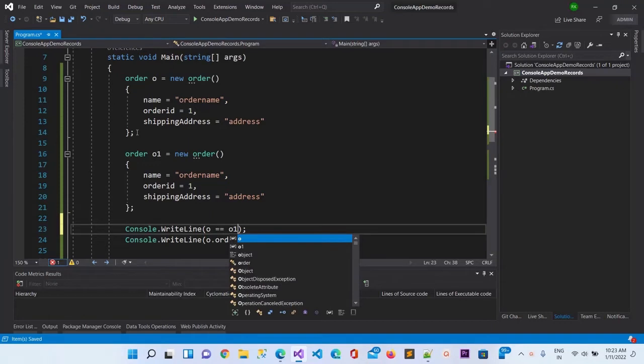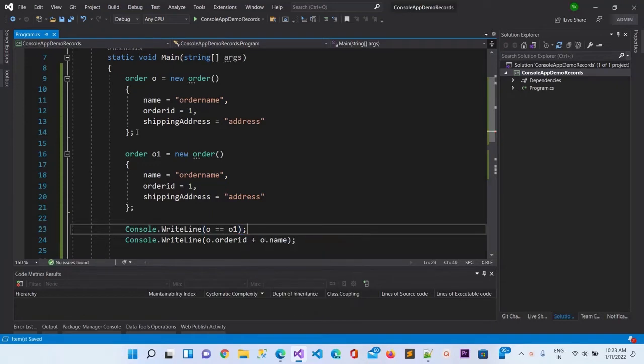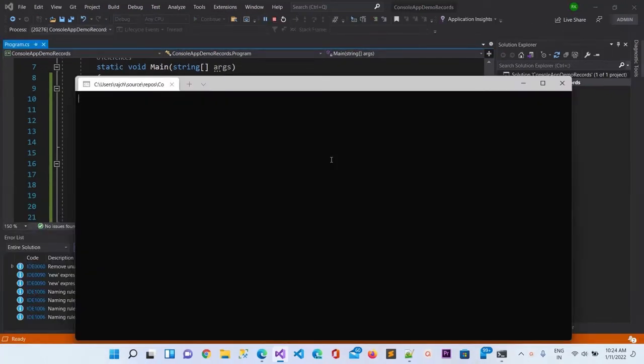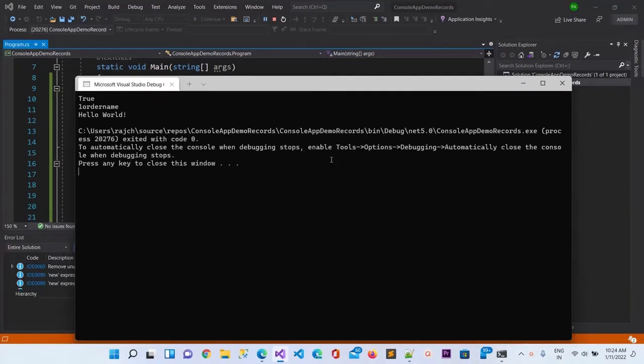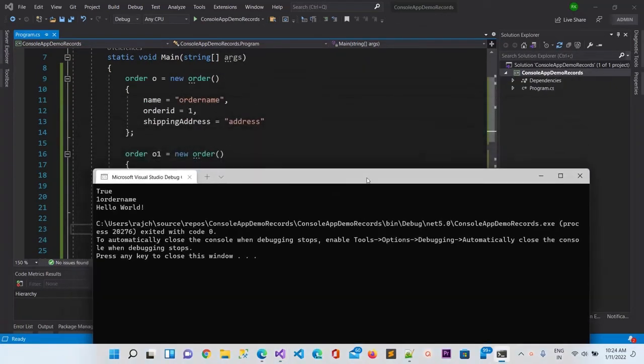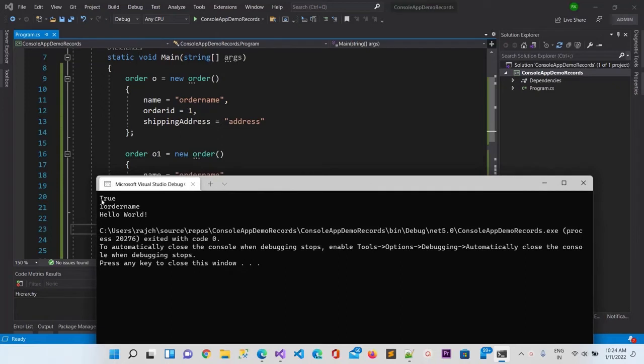So I will compare o with o1, and let me check the output. Let me run the project once again, and you can see here I am able to get the value as true.